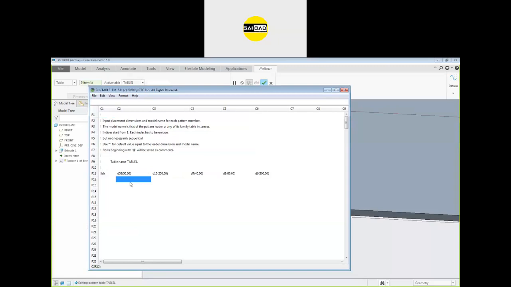The first value is 50. I want the value to now be 70. You can see the change. So now click here. I want this 250 to be around 150, and this 40 I want to be around 50, and this 60 I want to be at 70, and 200 I want to increase